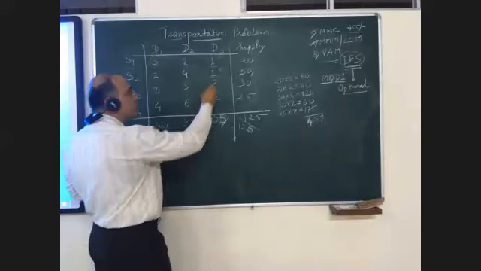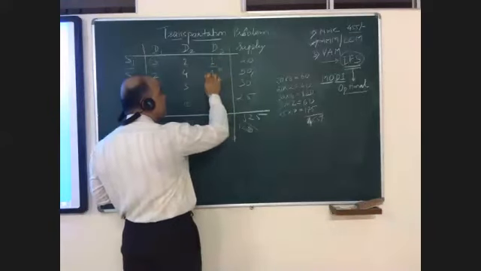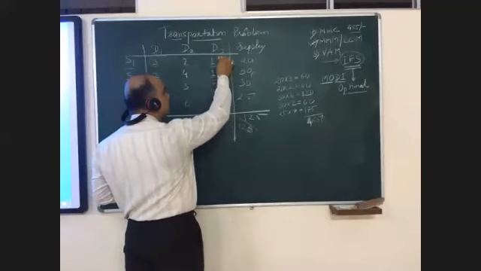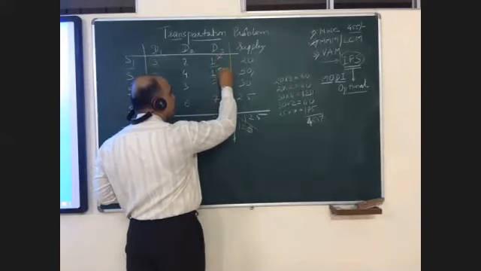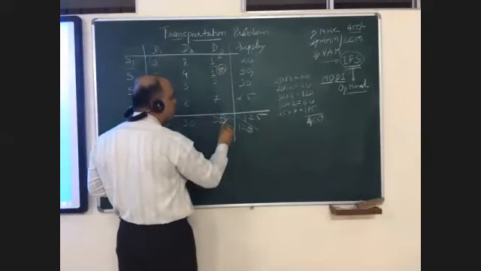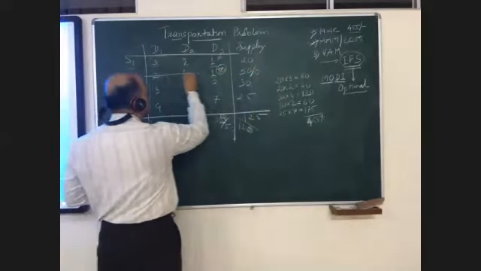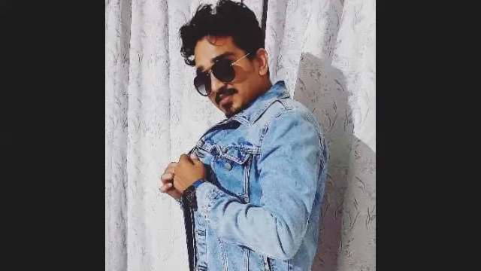Always see to it that with the minimum transportation cost, you should be able to transport maximum units. So we will not allocate at this center. We will allocate here 50. I am left with 5. This is exhausted.